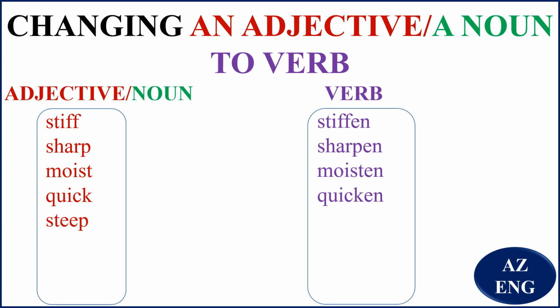Steep, let's take one meaning from it. That is, you go to the market, you want to buy something, and you hear that it is steep, it means it's expensive. So to increase how expensive something is, you say what? Steepen. You steepen it, that is, you increase the steepness, how expensive it is. It steepens or you steepen it.